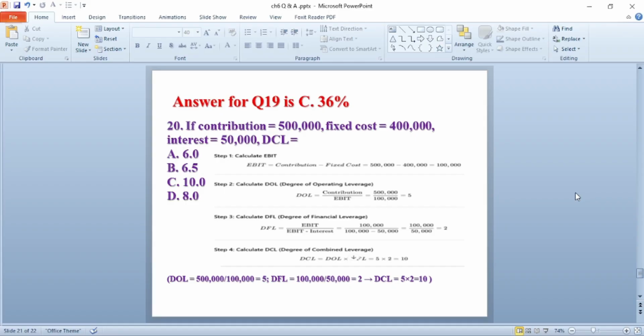To calculate degree of financial leverage, which is equal to earning before interest and tax divided by earning before interest and tax minus interest, which is equal to 100,000 divided by 100,000 minus 50,000, which is equal to 100,000 divided by 50,000, which is equal to 2. So degree of combined